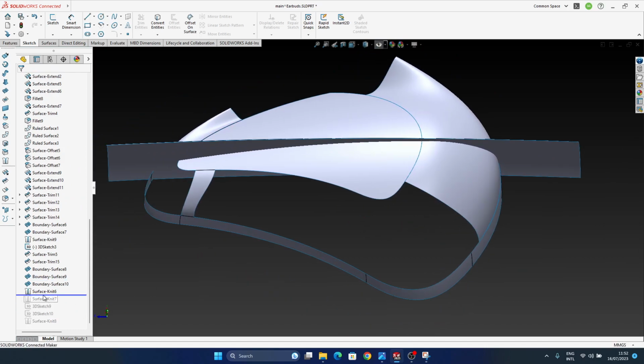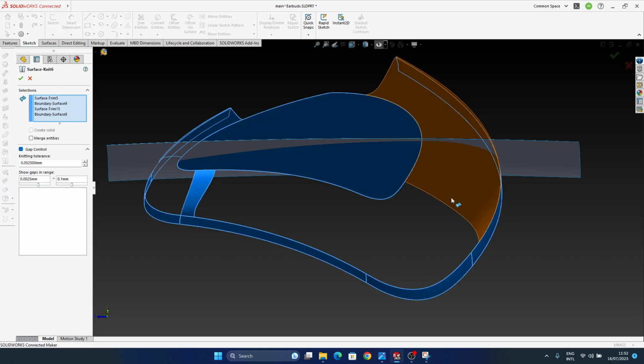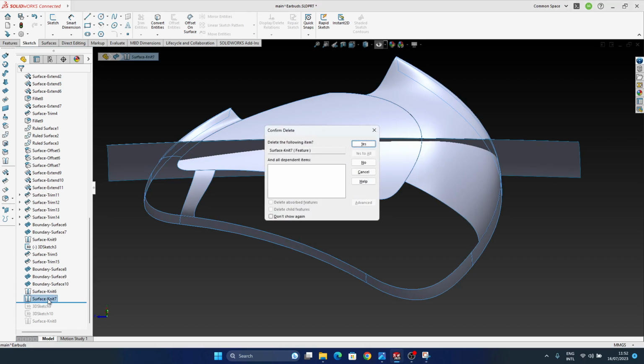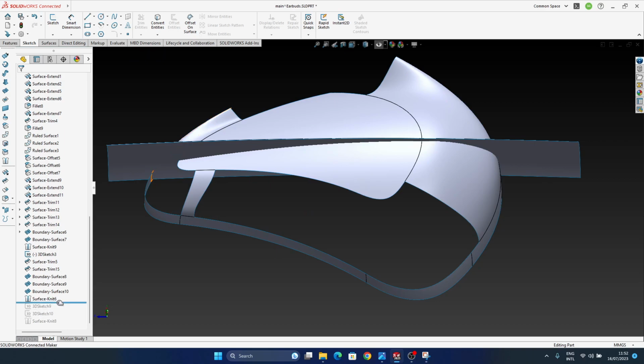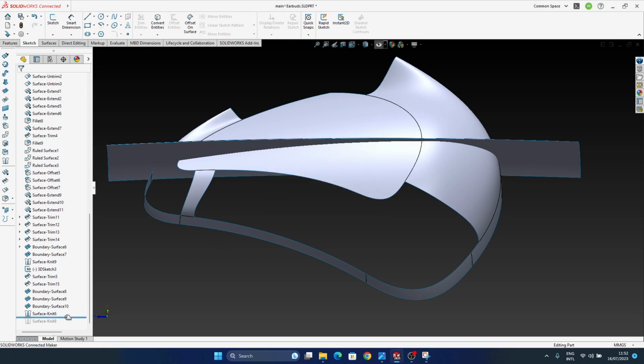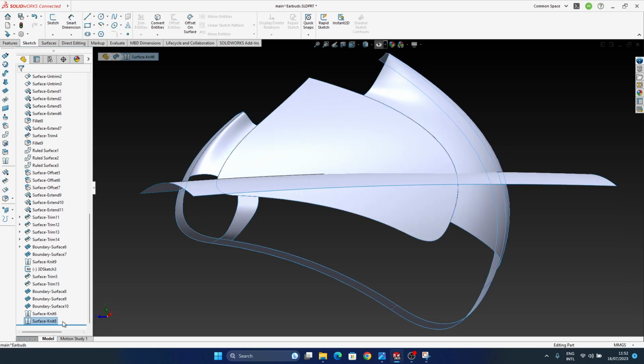Fine. So now I'm going to get this as well. Okay, this surface is not needed anymore. These two sketches are not needed anymore. Actually,